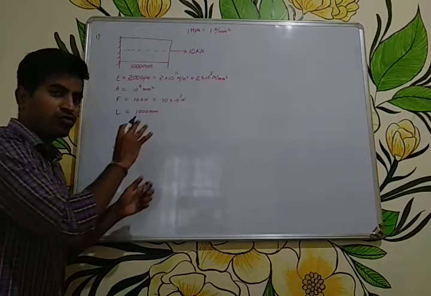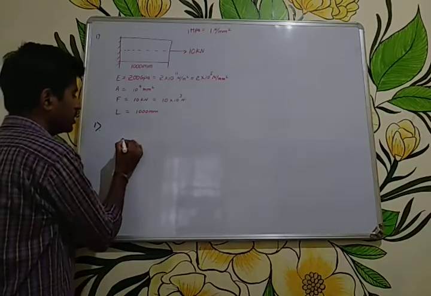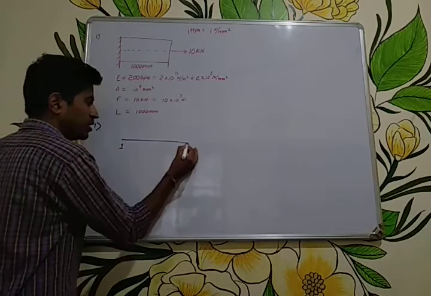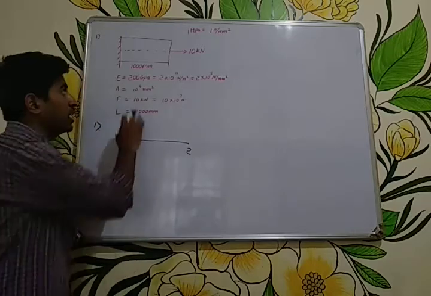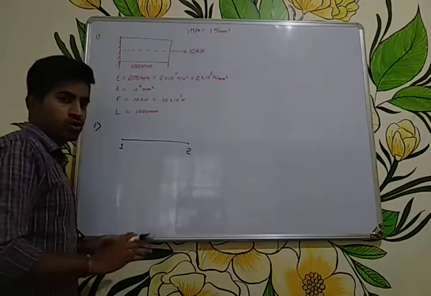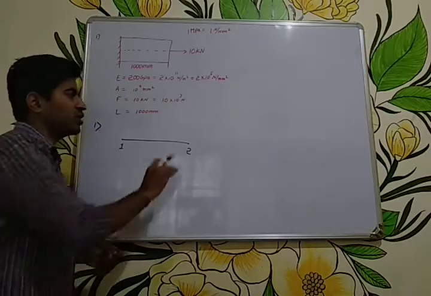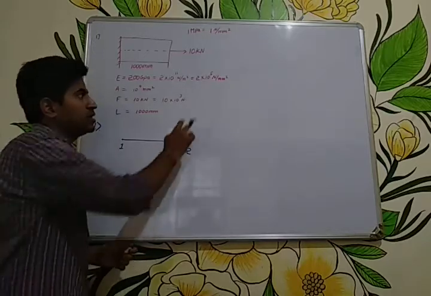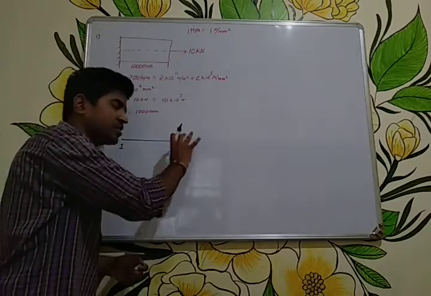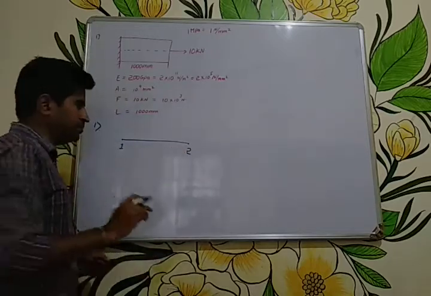Okay, so now we'll divide the given body into an FE model. Let us go for the FE model first. Step number 1, that is the FE model. So simply I will consider two nodes here. This is node number 1 and this is node number 2, because here there is a fixed end and here the load is applied. So I have considered two nodes, and each node has a single degree of freedom. Single degree of freedom means only one kind of displacement. So under the application of this axial force, the displacement takes place only in the x direction. That's why there is 1 degree of freedom at each node.